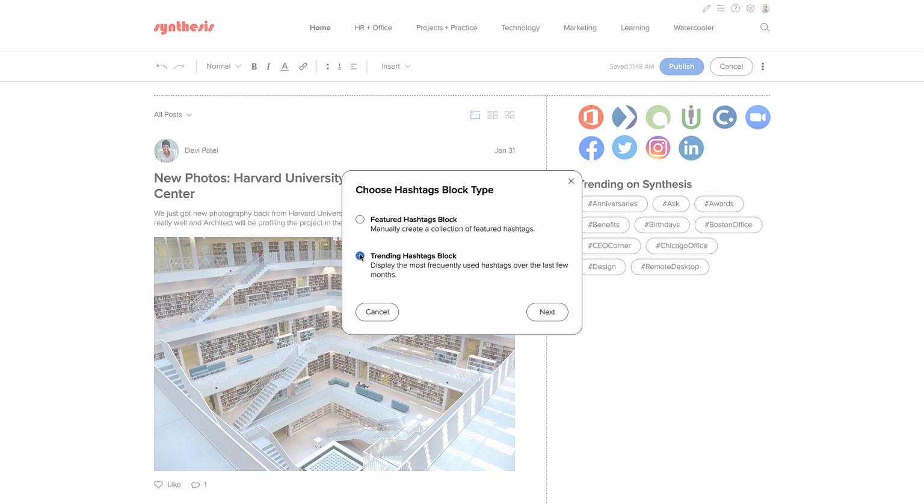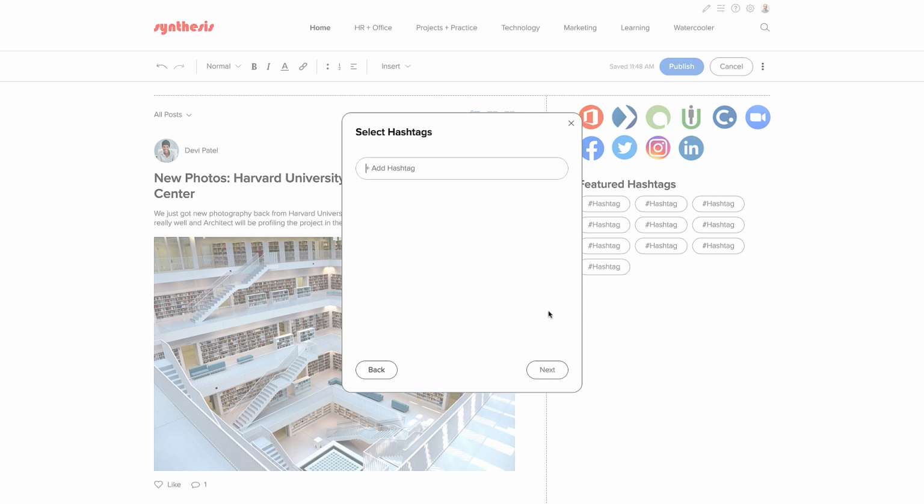Let's start with the featured hashtag block, which is a great choice if I want to curate a list of important hashtags for our users. I'll click Next. On the Select Hashtags screen, I'll search for my first featured hashtag, Design, and select it. I'll add another, CEO Corner. Now Net Zero, Project Tour,